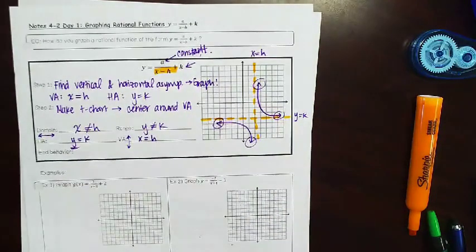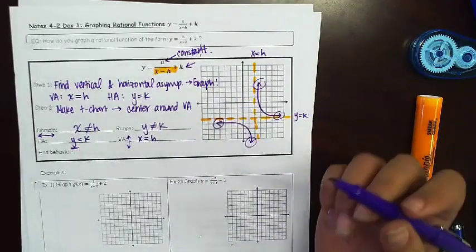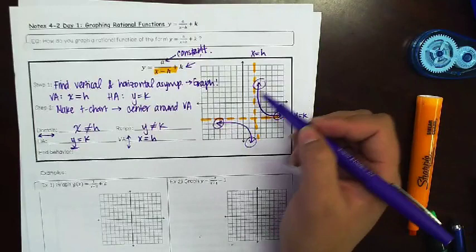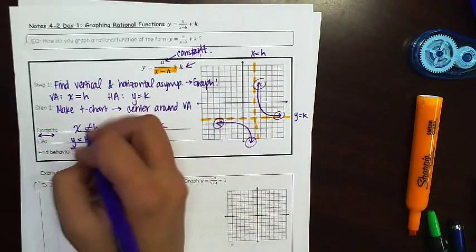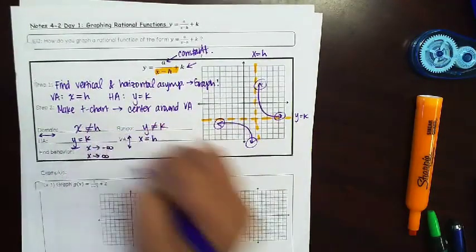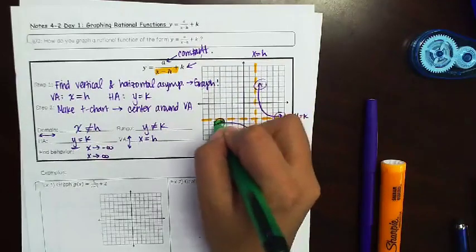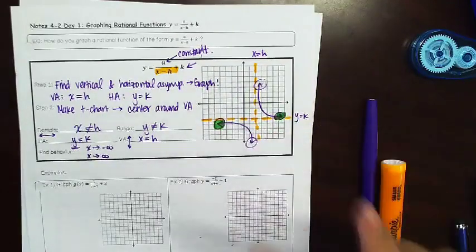For the end behavior, it's kind of gnarly, so I'll go over it, but I don't think we're going to go over it again. So what's weird about this example is that now instead of having 2 end behaviors like we're used to, we have 4 end behaviors because there's 4 ends, there's 4 arrows. So we're used to doing something like as x goes to negative infinity and as x goes to positive infinity. And that would be talking about this arrow as x goes to negative infinity and that one as x goes